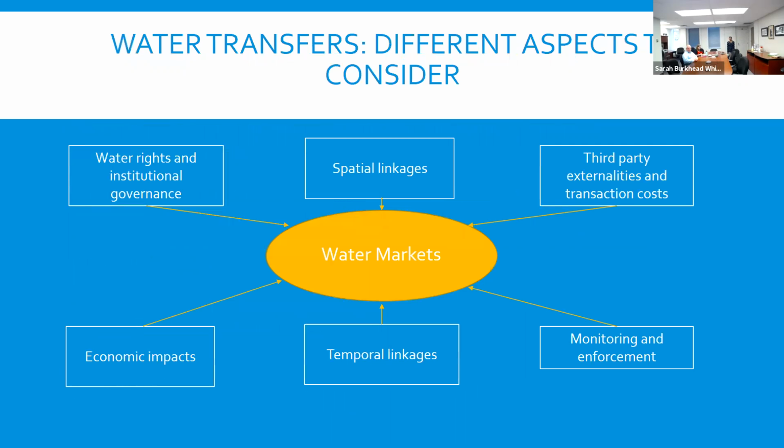And obviously, I can take questions if people have some problems with this kind of notation. Some of these aspects are interrelated concepts that may affect water markets or trading. The first one that comes to your mind right away is institutions, water rights. I'm sure many people are not aware, if you're not really working on water and water rights, that in the Western United States, we follow the rule of prior appropriation, meaning that whoever has the first rights to water has gotten the water.